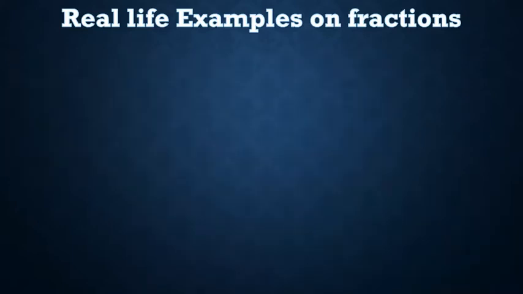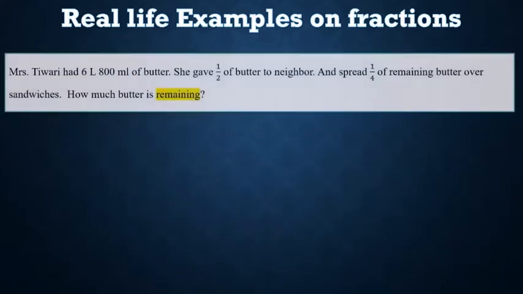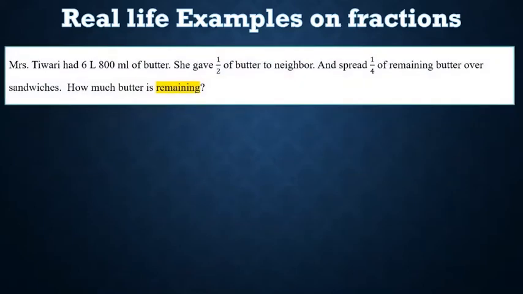This is our last real life example of fraction. The question is, Miss Tiwari had 6 liters 800 ml of butter. She gave 1/2 of her butter to her neighbor and spread 1/4 of the remaining butter over her sandwiches. How much butter is remaining? So how do we solve this? First we'll have to find 1/2 of 6 liters 800 ml, and then when we get that, we'll have to find out the 1/4 of the 1/2 of 6 liter 800 ml, and then that 3/4 which is remaining will